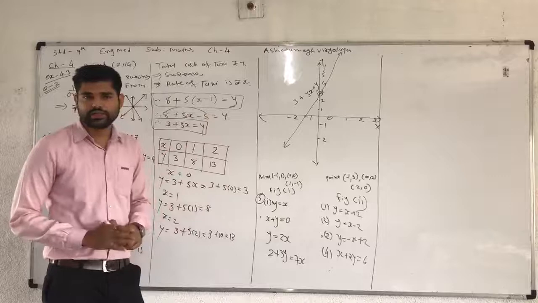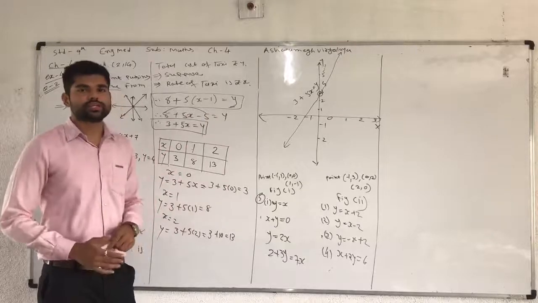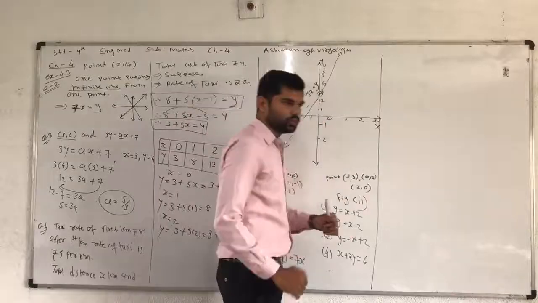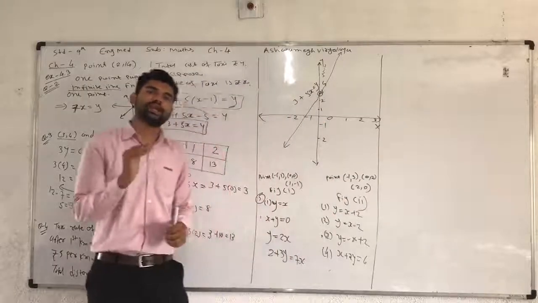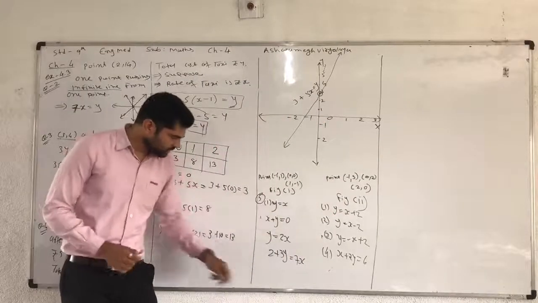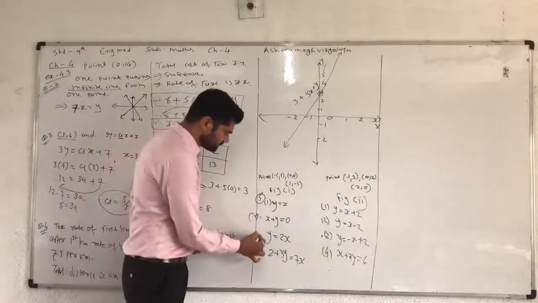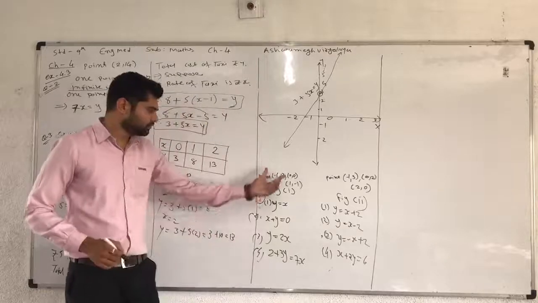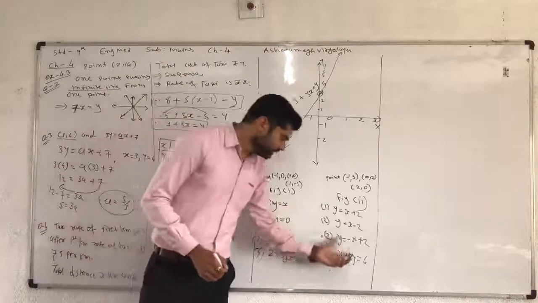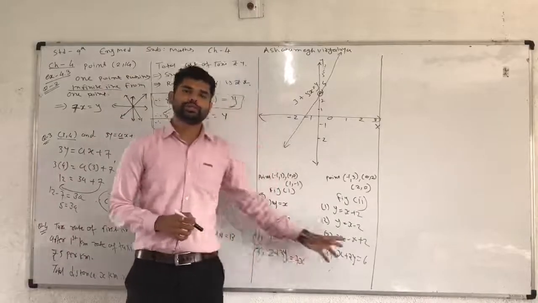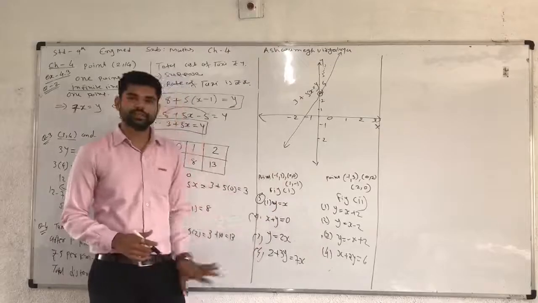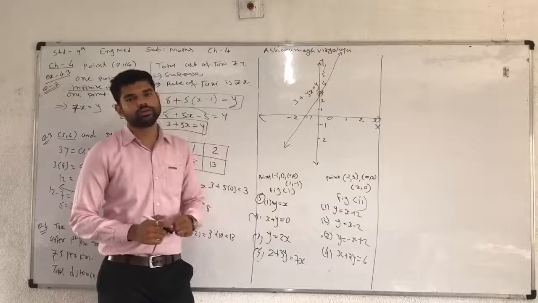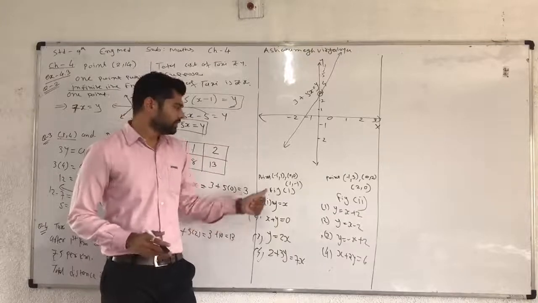Now question number 5. In question number 5, first we have to see the textbook question. Figure 1 and figure 2 are given in the question, and it gives a total of 4 equations for each figure. See the 4 equations and compare with the figure. So you can find 3 points from the figure.